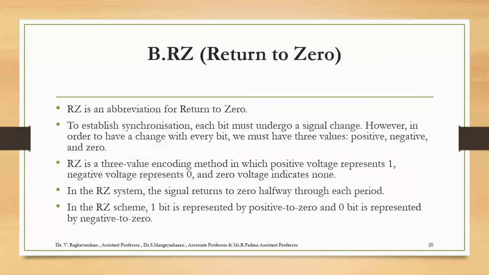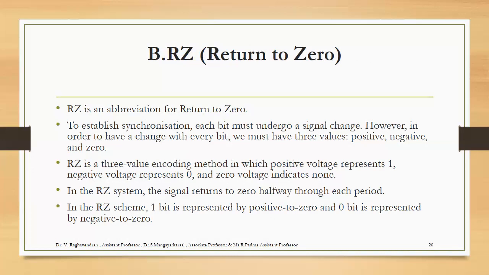Next, second category, RZ. RZ means return to zero. It is used to establish synchronization. Each bit must undergo a signal change. In order to have a change with every bit, we must have three values, represented as positive, negative, and zero. So these three values are used in return to zero. RZ is a three value encoding method in which positive voltage represents 1, negative voltage represents 0,